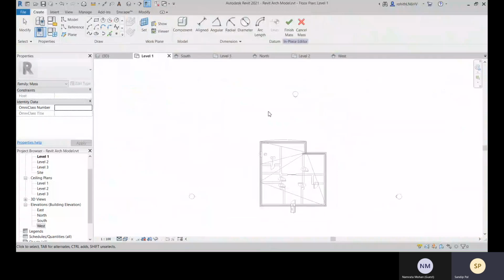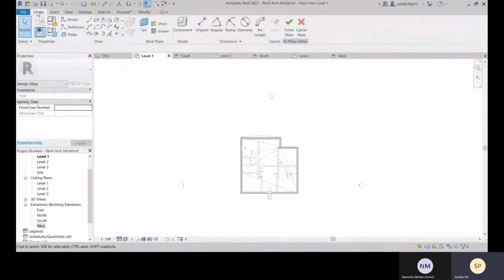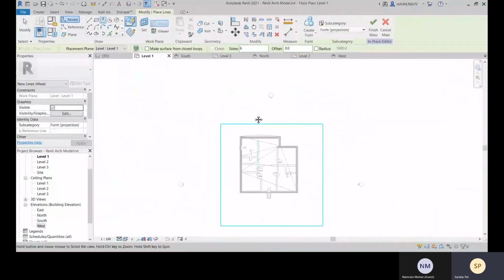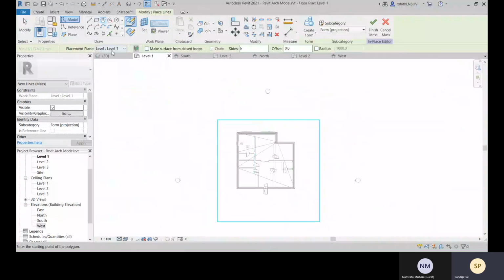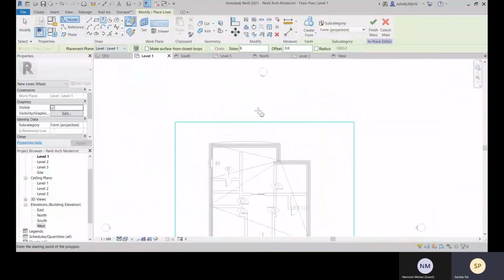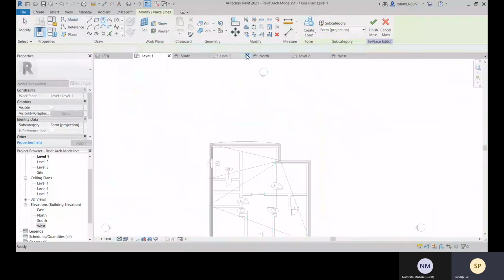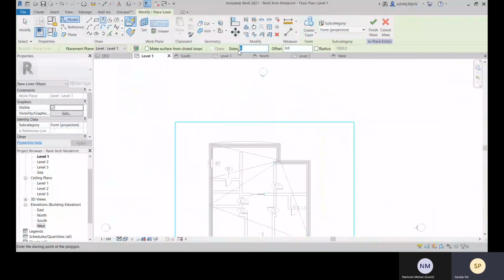Click on OK, and you can create one. Let's create with this placement is level 1. Like the side is 6, so you can specify 5.